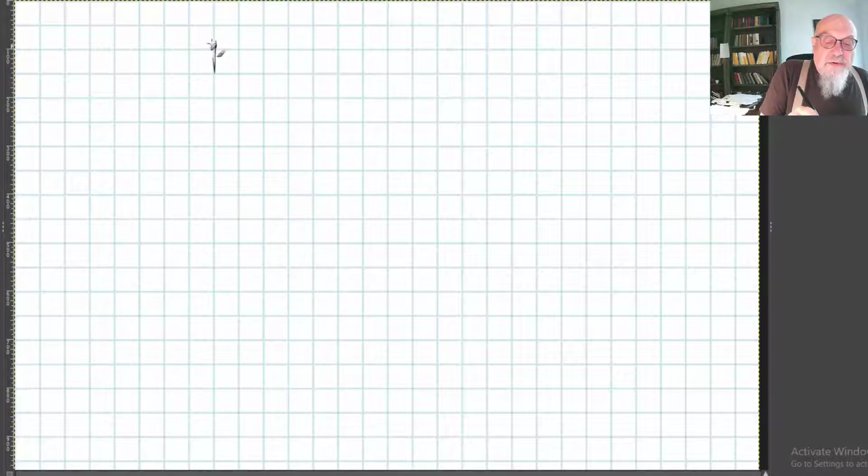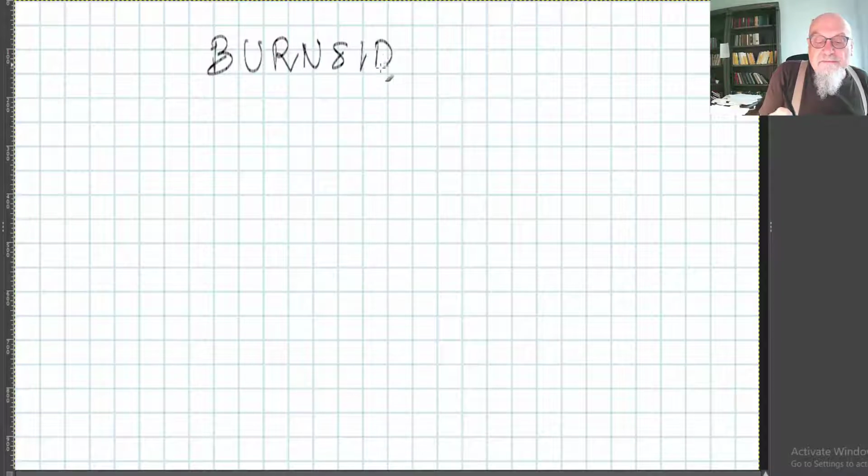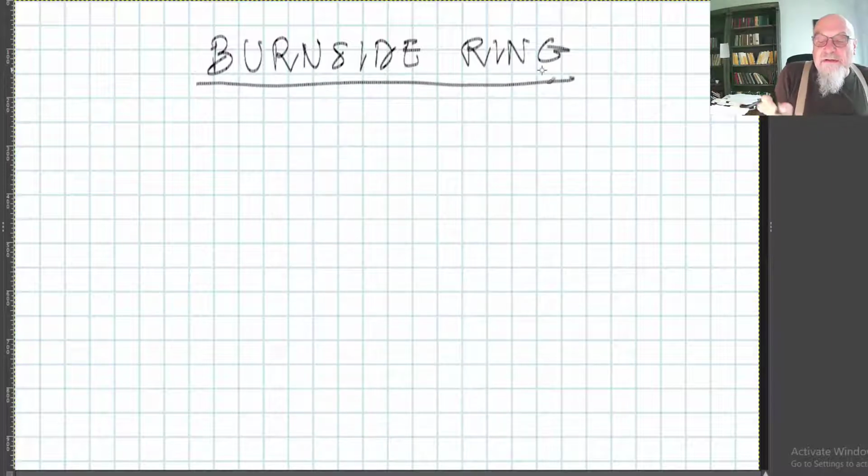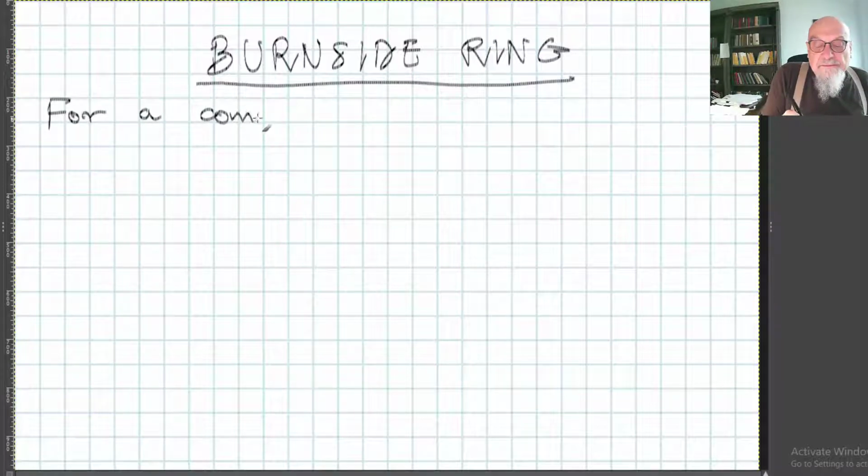So we have here BurnsideRing. And before we do anything, we just do the following. We will be considering an example. So let me recall first. So for a compact Lie group,